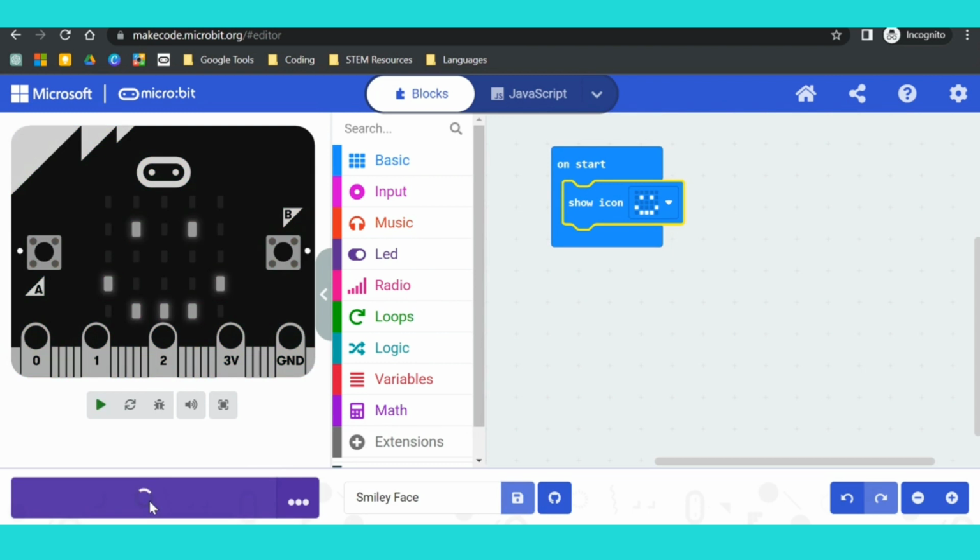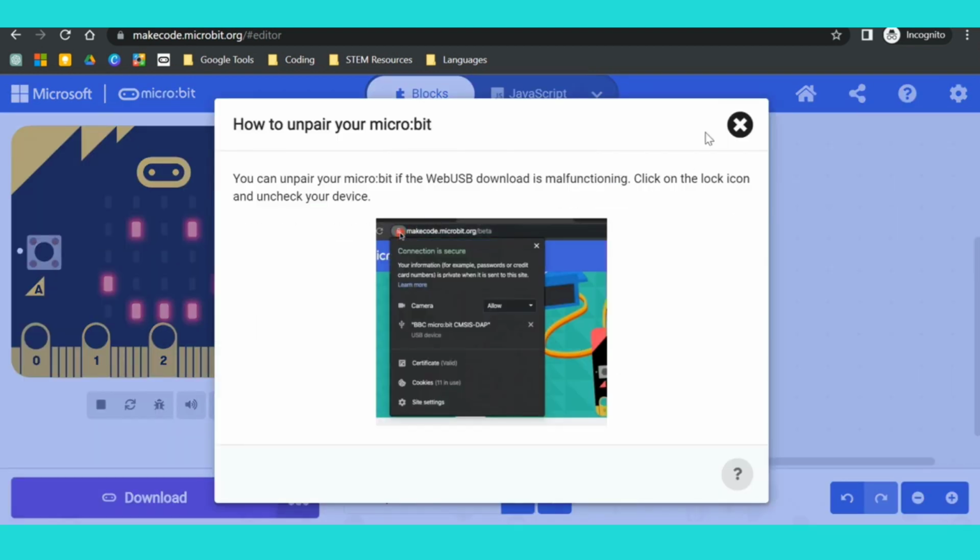Now when I click on download, it will automatically download onto the micro:bit. This saves a lot of time. If you don't connect your micro:bit, I'll disconnect and show you what happens. So if I disconnect my micro:bit,